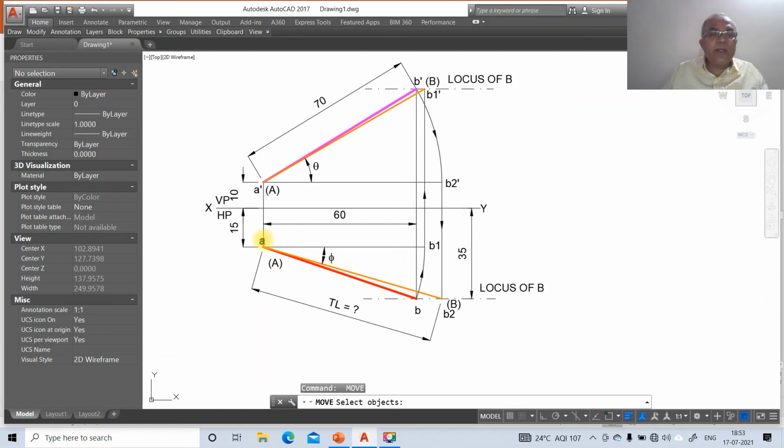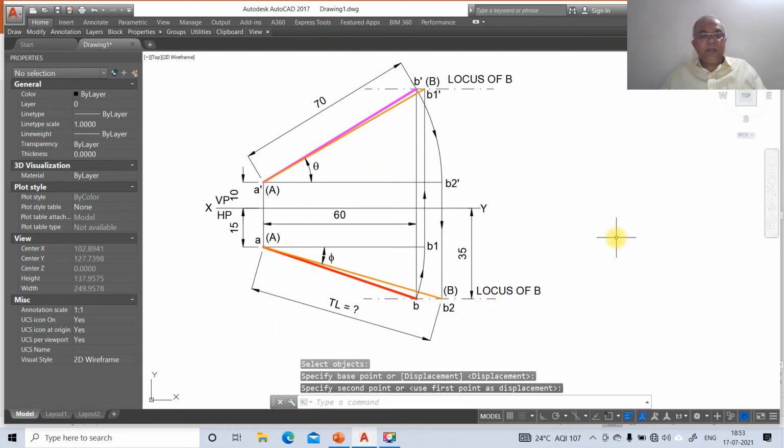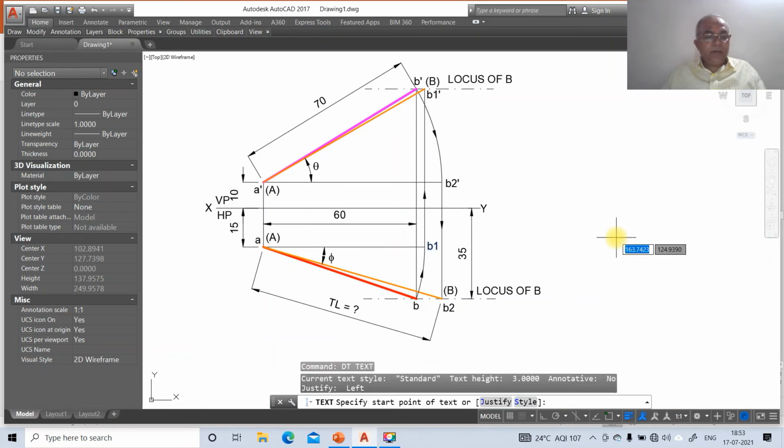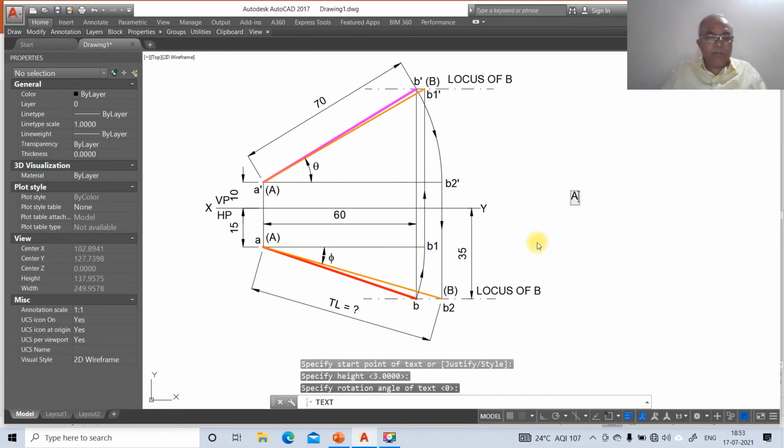Then you have small letter A, you have capital letter A, and then B, then B1, then capital B, then we have locus of B, and then you have B2. Then you write dtext and type answers.